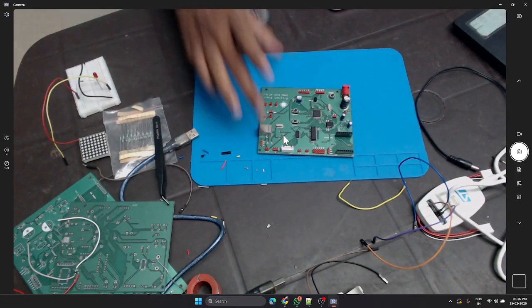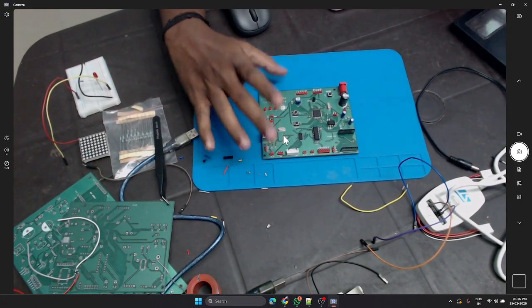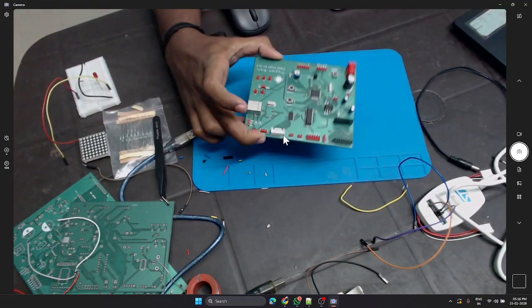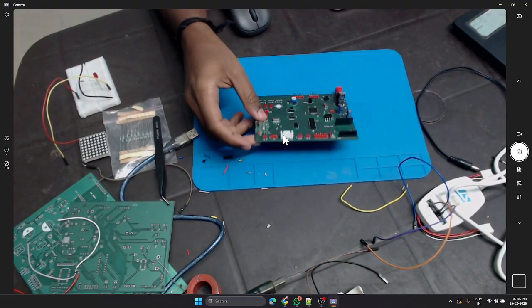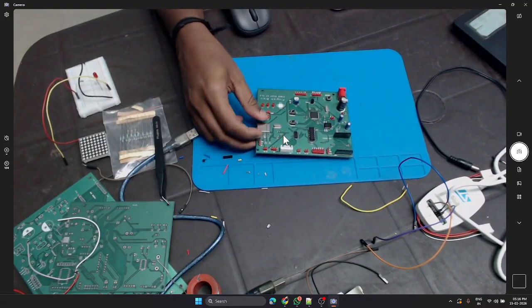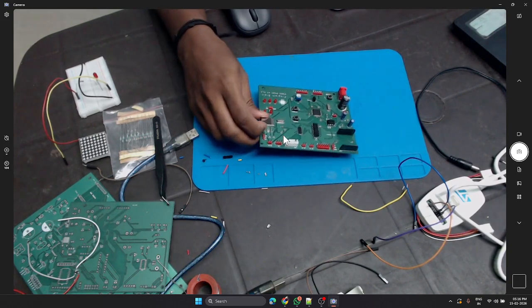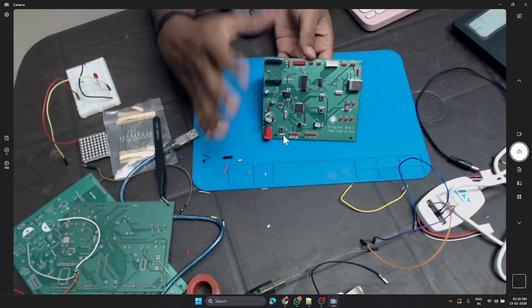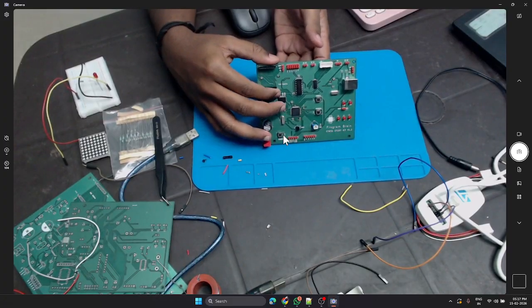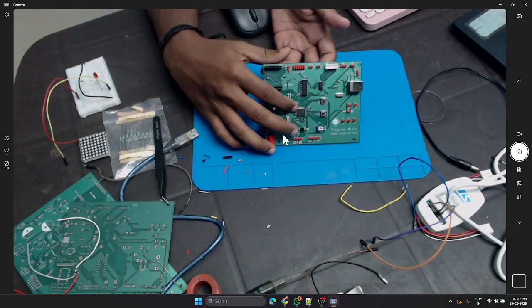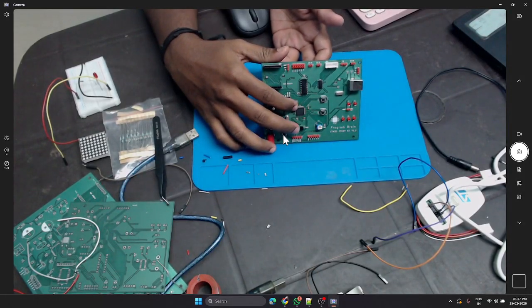Yes, sir. So before starting the coding and software stuff, I'm just showing my development board in front of you, so that you'll understand what you're going to learn and what my plan is for the future classes. Right, so this is my development board. I made it specifically for online classes. I already told you, I have taught STM32 for nearly 5 to 6 years, 5 years I think,